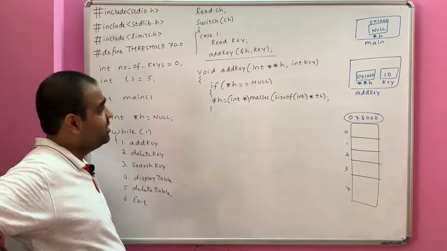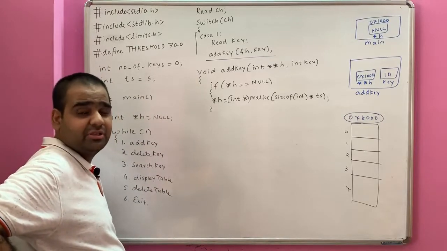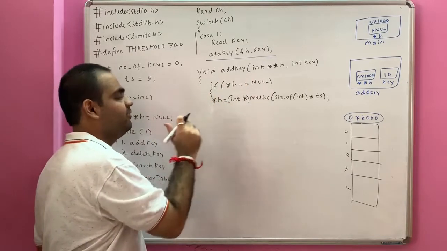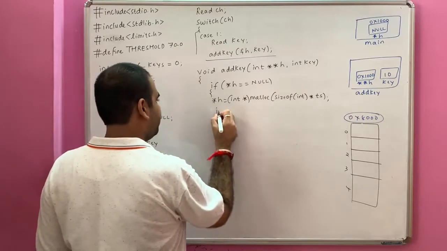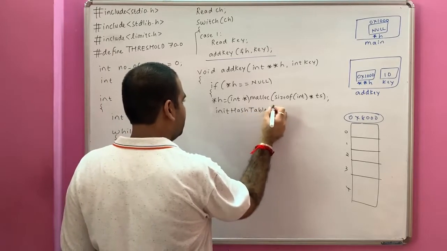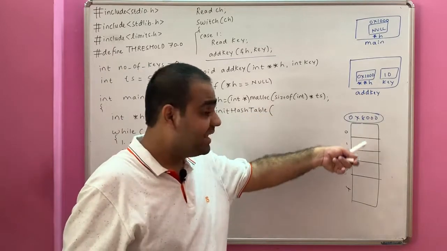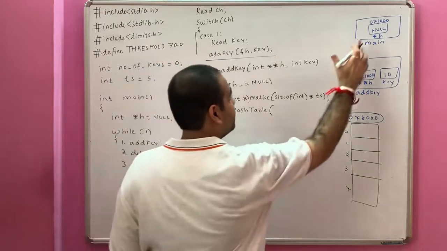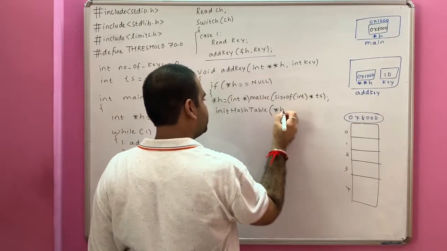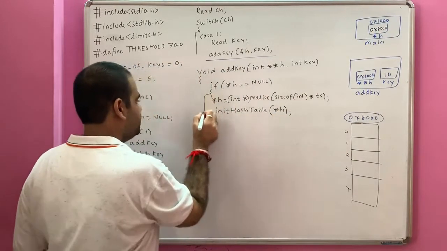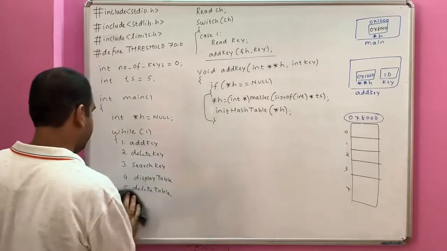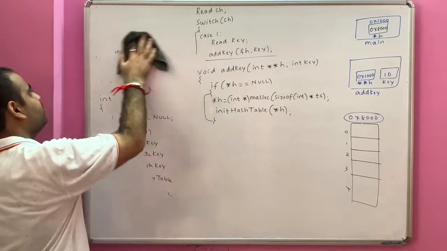Now how do we initialize this table to empty? This has to be initialized only whenever you allocate it for the first time. Therefore we will write one function called as init hash table. Of which hash table? Where you want to allocate? At address 8000. And how do you get address 8000? You go to address 1000 and you get 8000. Therefore I write over here star h. Now let us see how do we write the init hash table function. Okay, please pause the video and make a note of this.